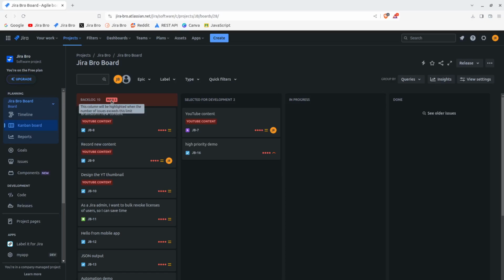The important thing also is to map your columns with the statuses from your workflow. That is really important if you want to see the issues within your board. Of course, in Scrum it's a different thing, because you may have everything ready